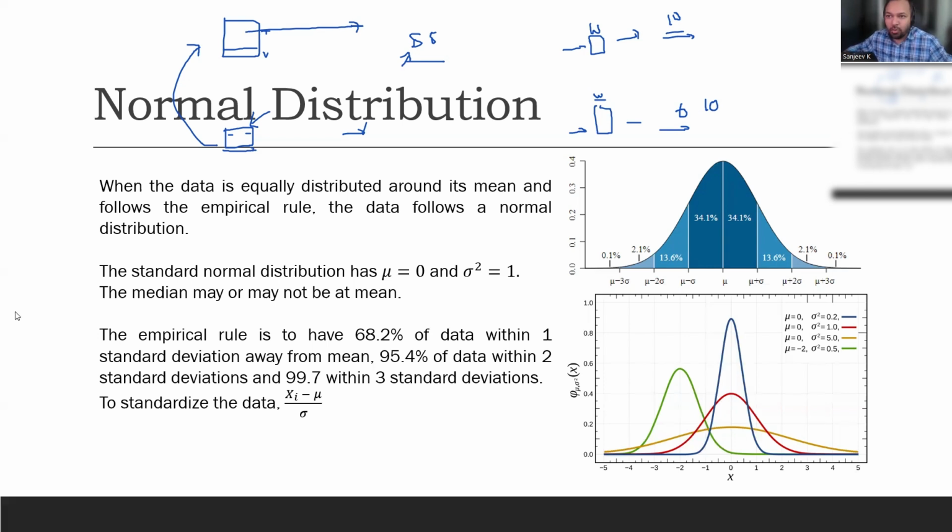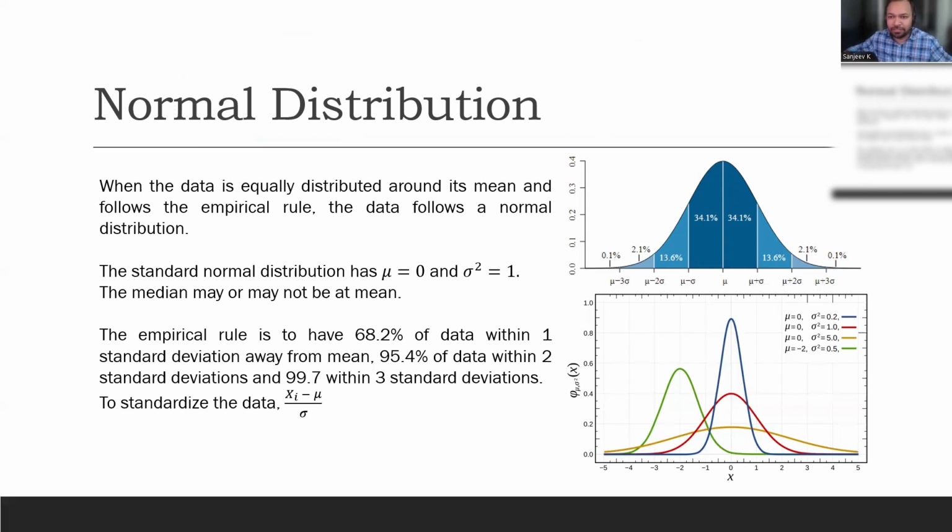Okay, let's go a little step ahead. Like we saw what is normal distribution, the key takeaways: the mean and median should be closer to zero, and your variance should be as close as possible to one. In this case, the red color one is the one which is normally distributed. If your data set is something like this, it is okay. But if your data set is something like the orange color one or the green color one, then you will have to tune the data set in such a way that it becomes closer to the normally distributed scatteredness.